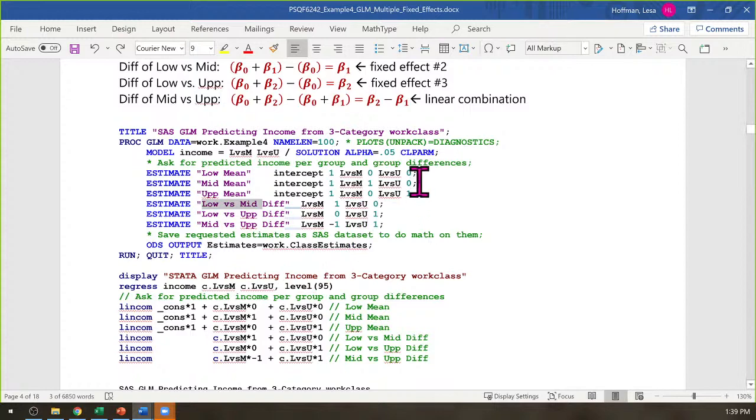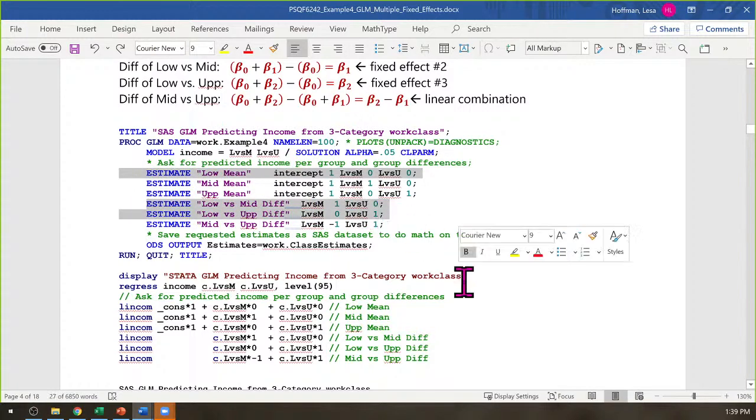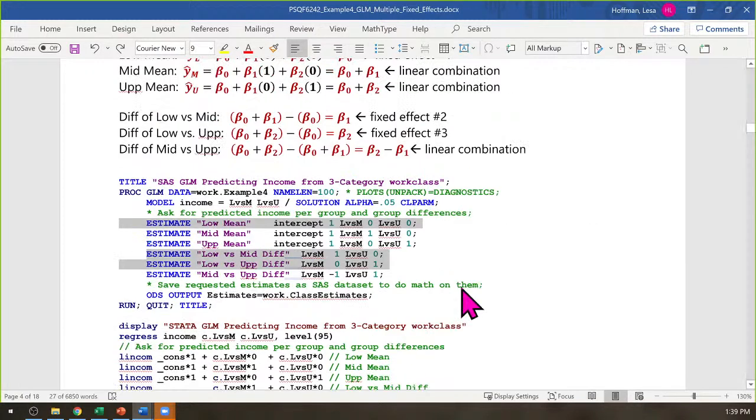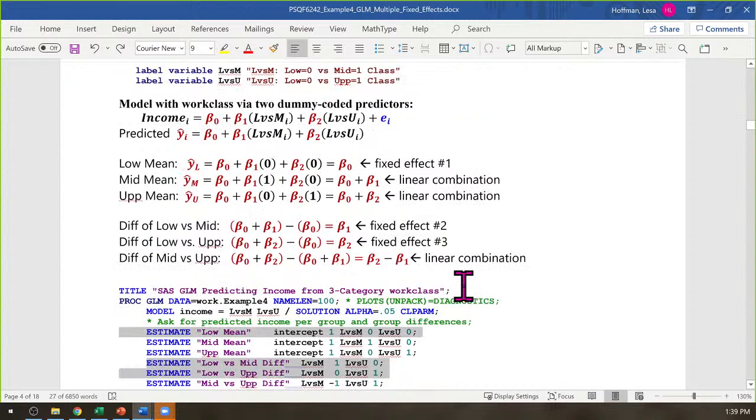And so even though this low mean right here is nothing more than the intercept, and even though these two differences right here, low versus middle and low versus upper, are nothing more than the slopes, going to the trouble to actually write this out means that you have a labeled piece of output that you can then interpret 6 months from now, right? This is this difference. This is that difference. It's very comforting to come back to this. It's much less comforting to come back to something that looks like